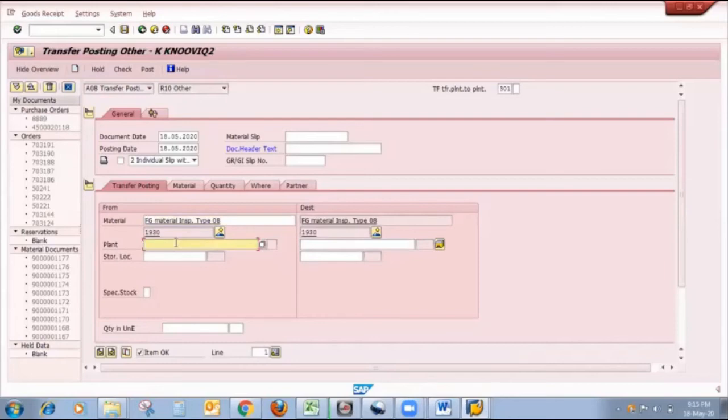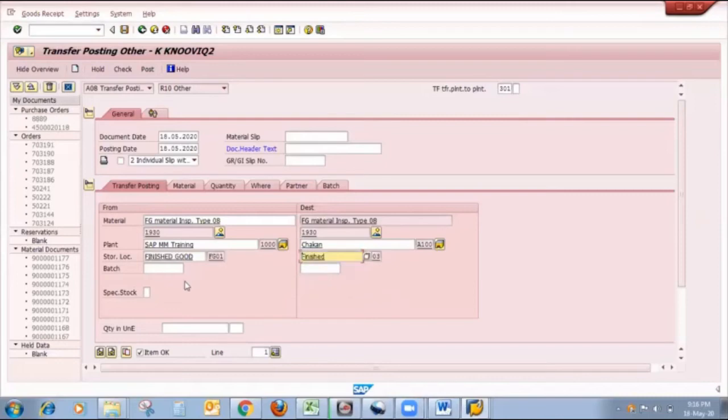Here I put the plant from which I want to transfer, and the plant which will receive the material. So my receiving plant is A100 and my transferring plant is 1000. Here I put the storage location of the transferring plant and here the storage location of the receiving plant.